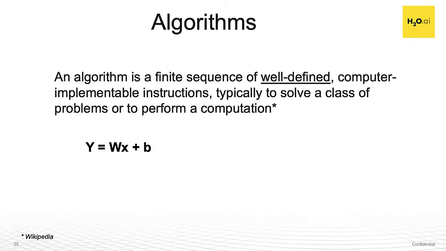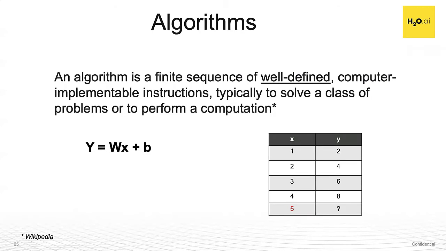For example, here is an algorithm: y is wx plus b. Now, this is the equation of a straight line, if you can recollect. What it does is calculate y from the value of x when w and b are given. But the question is, how do we know what w and b are? Yes, we can find out y, and we also have x, but we don't know what w and b are. So how does a machine know what to do? What we do in this case is